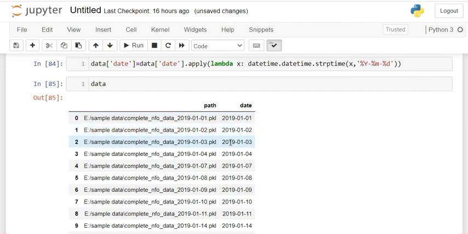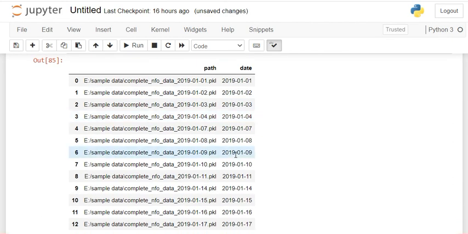Without converting this, if you want to do any backtesting or any kind of time series analysis, there will definitely be a problem because this is a string, not a datetime object.